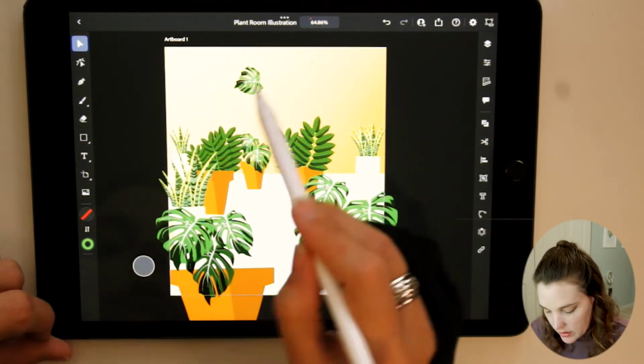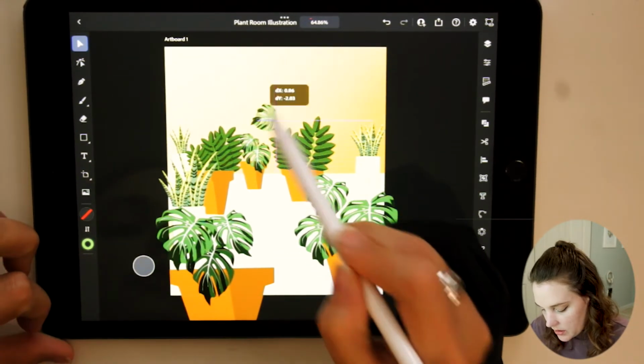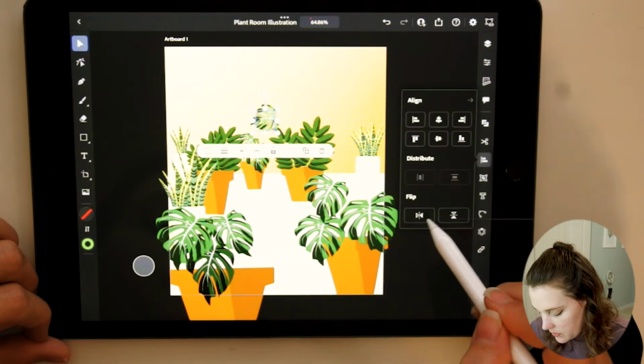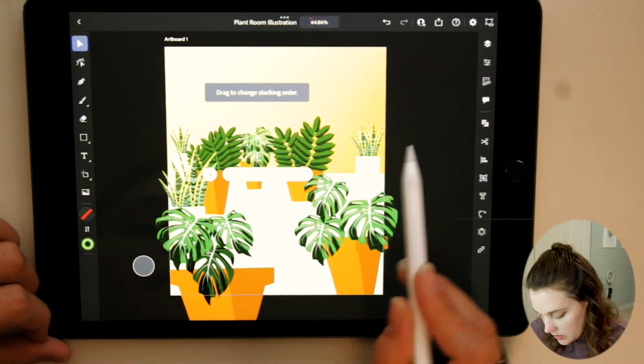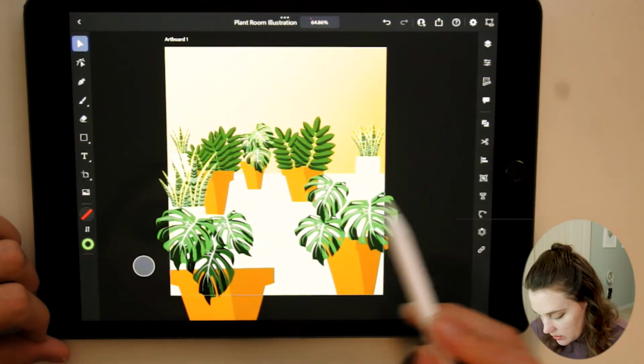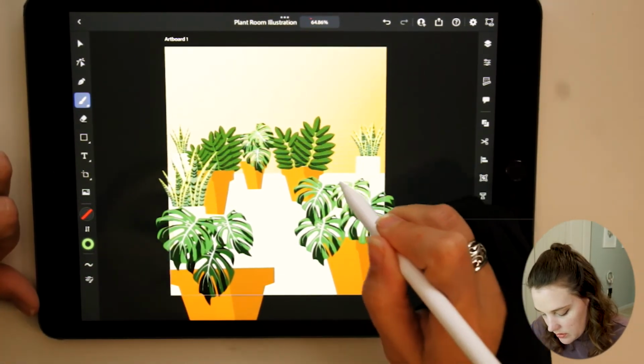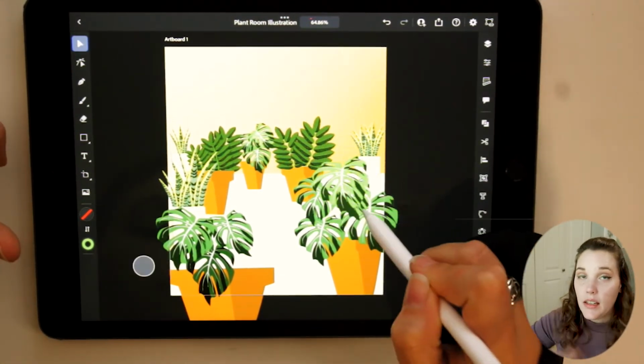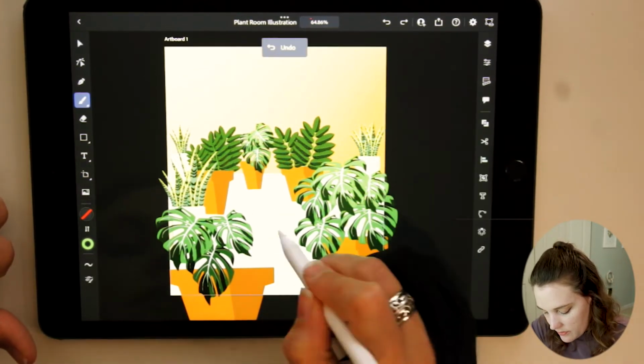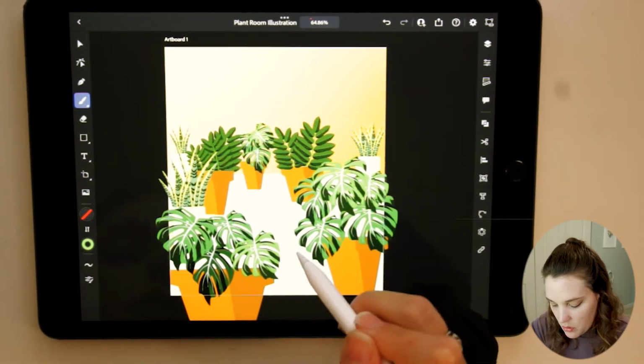These look really nice right here. And then we can even choose this one as a slightly different color, make it a bit lighter. And you can be as detailed as you want with yours. Now you can add as many of these as you wish. I'm just adding more of them